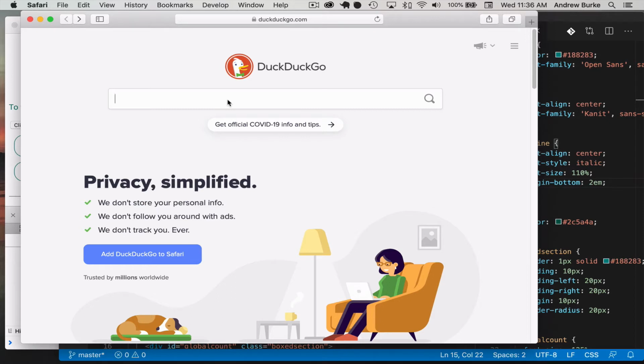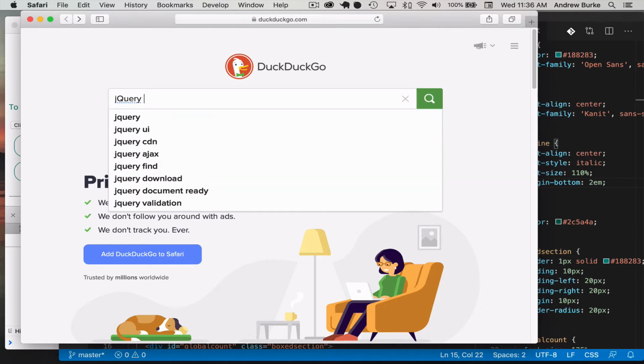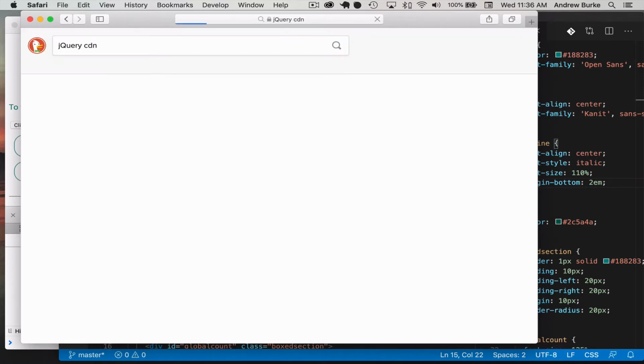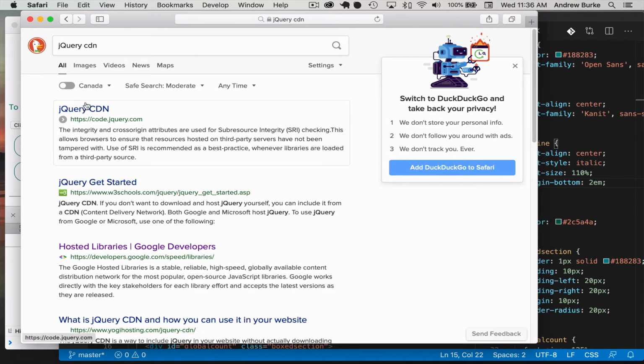Well, we don't have to worry so much. A quick, easy way to do that is to just search for jQuery and CDN, which is Content Delivery Network. That is a way of hosting things in various places. You can see there's a whole bunch of different things, and if you go down and look for Developers Google Hosted Libraries,